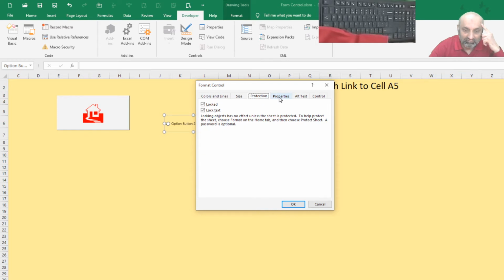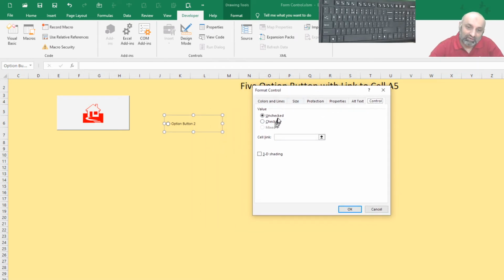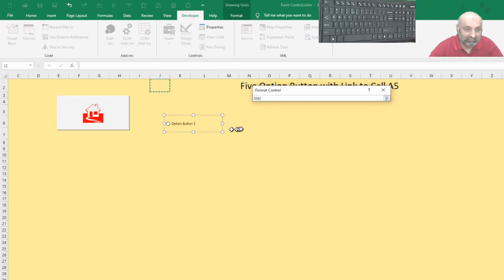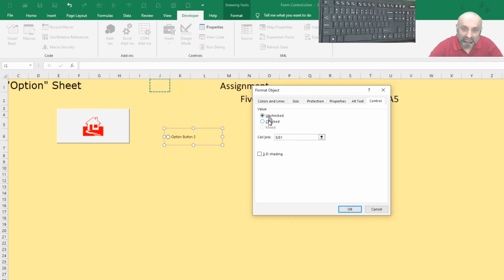Let's not change the size or protection and the properties and the alternate text, and let's go to control. So in the control we have unchecked, checked, mixed is not available, cell link. So if I link my cell, let's say J1, and select this J1, and this unchecked and checked is the default value, whether you want this option to be by default selected or available for selection. So this is checked, okay,